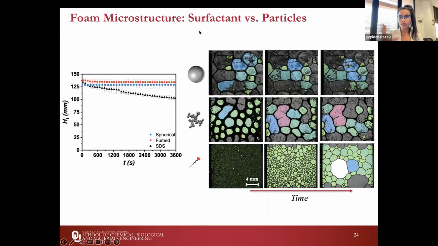Okay, so here is the information on the microstructure now. If I look at the systems of the particle stabilized foam and the surfactant stabilized foam, as you can see here, even though the surfactant stabilized bubbles are much smaller to begin with, they coarsen so much over the course of an hour that eventually they're going to destabilize and give rise to a smaller and smaller foam height. Whereas the particle stabilized ones, even though they started with larger bubbles, are pretty consistent over the course of an hour.